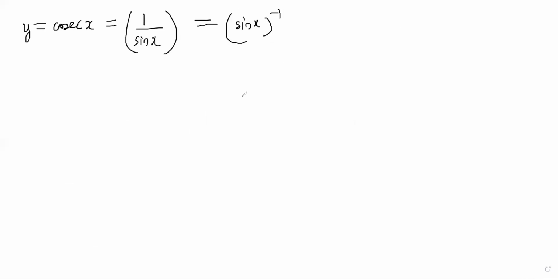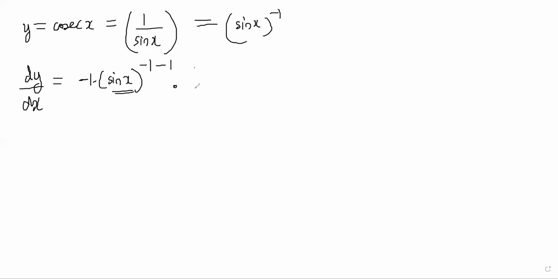So for example, if I asked you cosec x, think of it in the same way that I did sec x. So it is 1 by sin x, so it is sin x to the power minus 1. Do it by the chain rule that we have just now learned. Forget that this is sin x for a moment. So what will you do? Minus 1, sin x to the power minus 1,